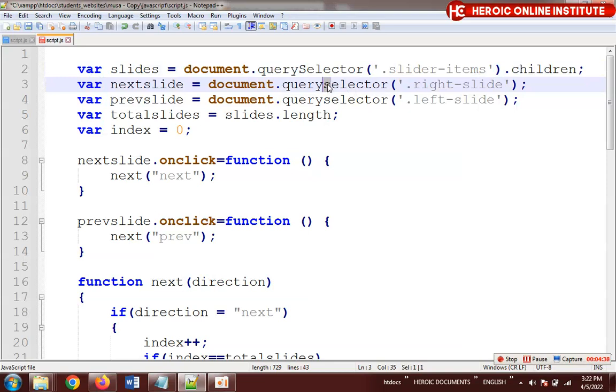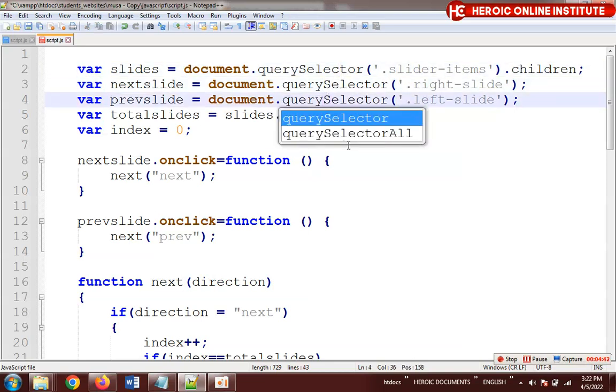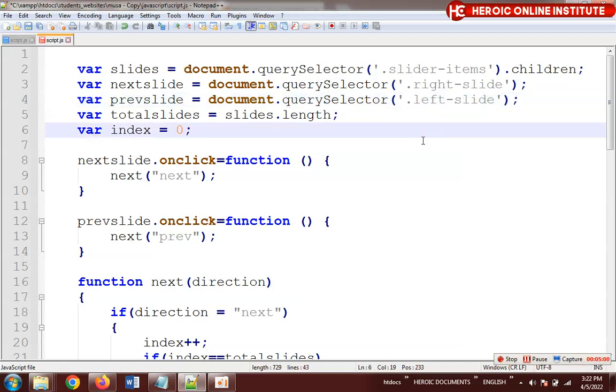Okay, so you have to correct all of them here. You see that? You have to correct this one. If you watch this one, you see that this started with a capital. This started with small. Now at the end of this query, you have selector, and selector started with capital S. At the end of this, you have all, and A starts with a capital. You understand? That is the idea of camel case. You have to understand that. Once you understand that, you will not make the mistake again. Okay. All right. That said, I think